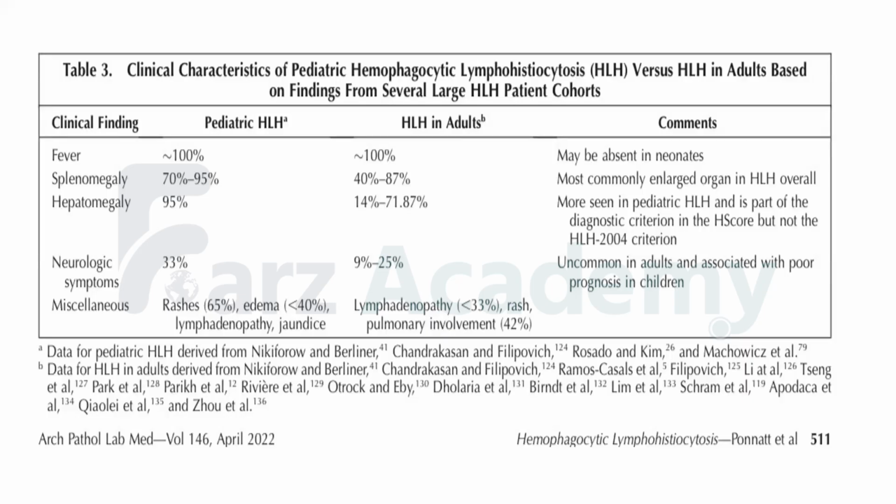Splenomegaly will be present in adults in 40 to 80% of the cases, hepatomegaly in 14 to 70%, and neurological symptoms in 9 to 25%. But when HLH involves the brain and the patient develops neurological symptoms, you have to aggressively treat with etoposide, not just the steroid. Dexamethasone you can give, but etoposide, which is actually a salvage treatment we many a times use for refractory HLH, is needed. Once the CNS is involved, the mortality is quite high, so you have to start early etoposide. That thing you need to remember.